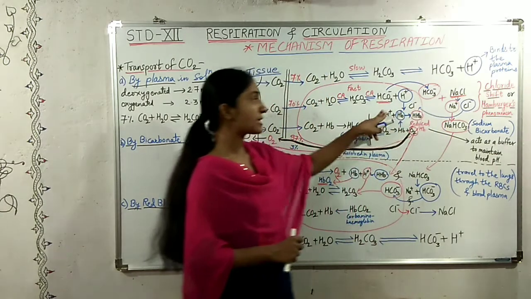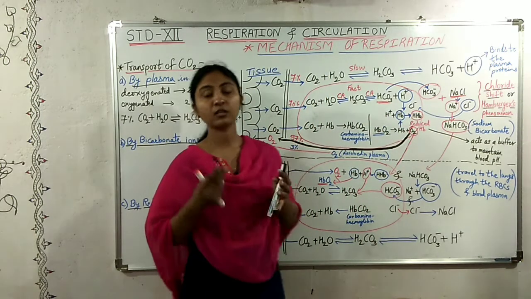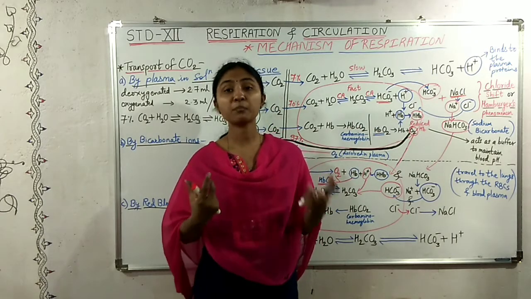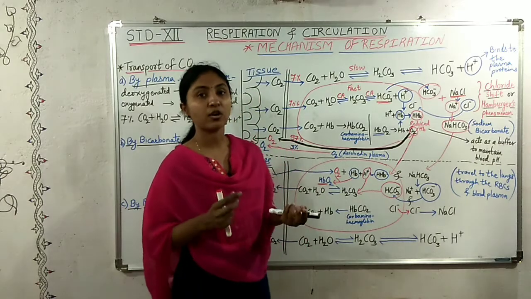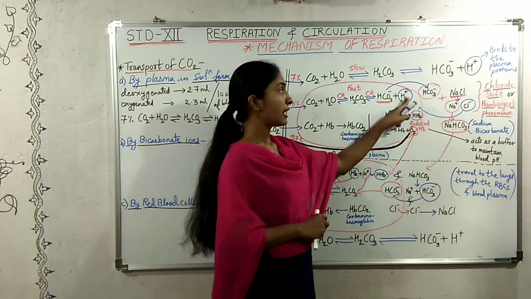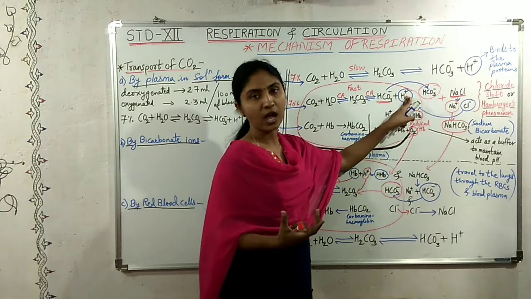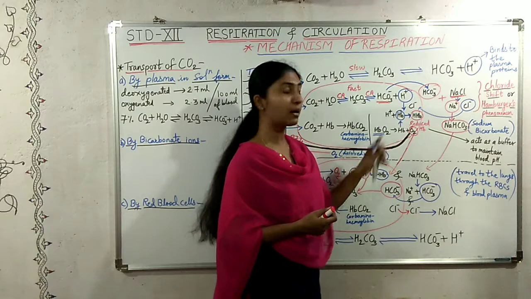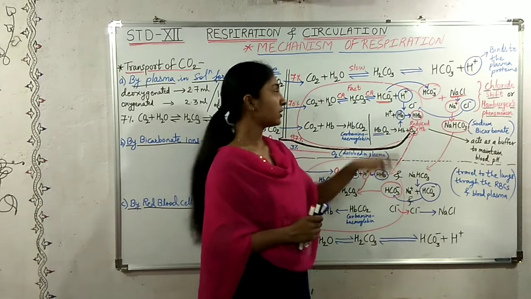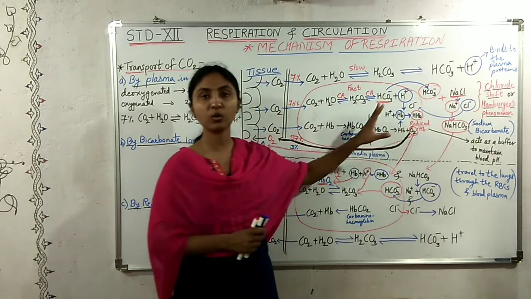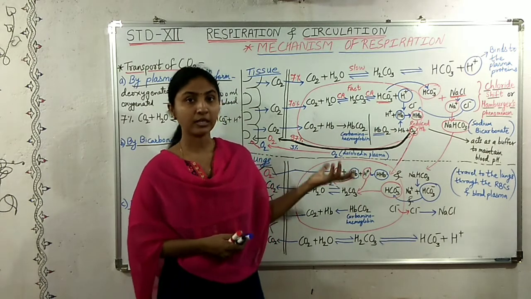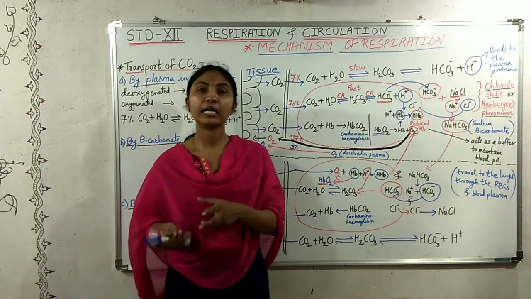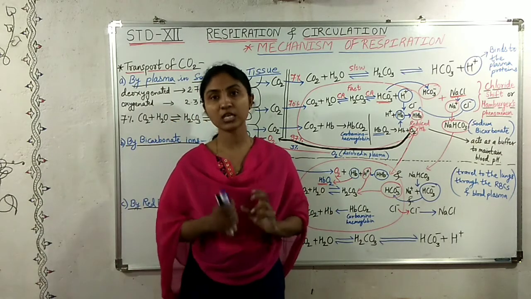Now, as these chlorine ions are taken in, the concentration of negative and positive ions is equalized or maintained. So here, as the hydrogen ions increase, what do these hydrogen ions do? They combine with the hemoglobin. As we know, RBCs contain hemoglobin, and this hemoglobin, as we have talked about further on, combines with oxygen to form oxyhemoglobin.